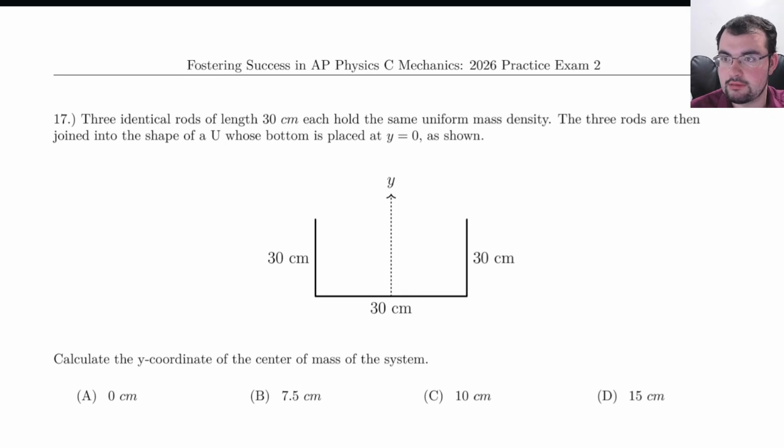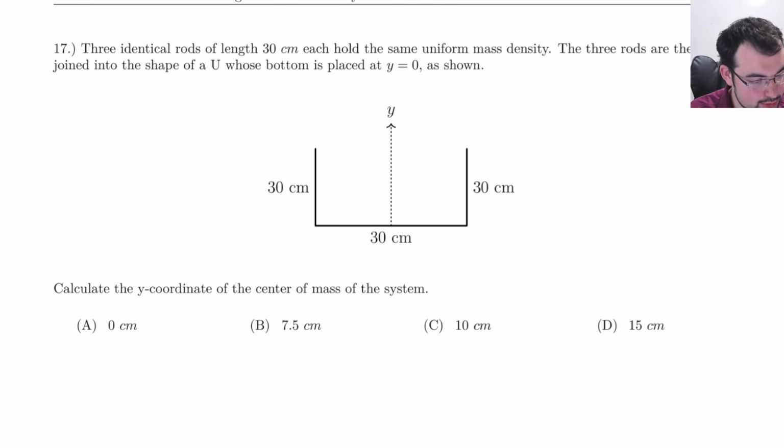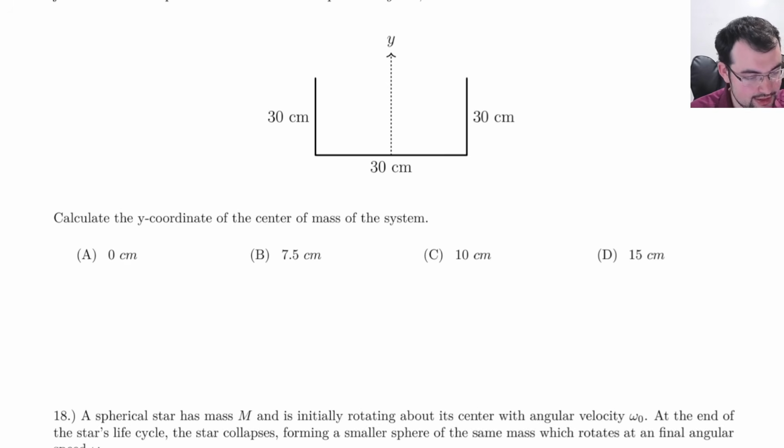All right, now we got 3 rods of the same length. They have the same uniform mass density. We bend them into this U shape, and we're interested in their center of mass, the y coordinate at least, because the x coordinate is just going to be somewhere along this midline. So since we have uniform density everywhere, we can just shrink this system into a 3-particle system